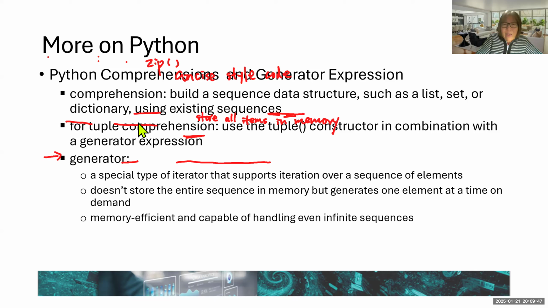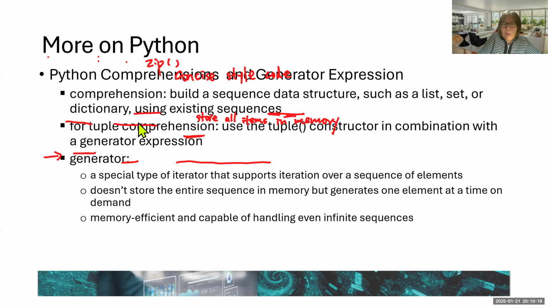If that's the case, then you can take advantage of a generator or iterator. Each time it just loads one item to memory. It doesn't store the entire sequence in memory, but generates one at a time on demand. Especially if you design some small device, then memory is very limited. If you use the Python language to create some app, then in that case you may take advantage of a generator